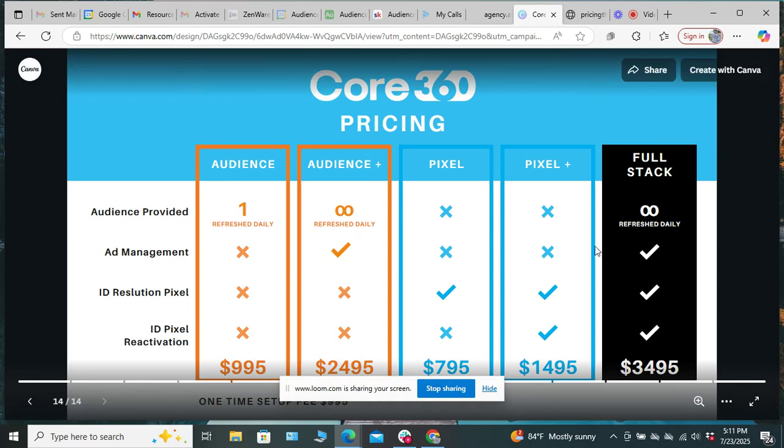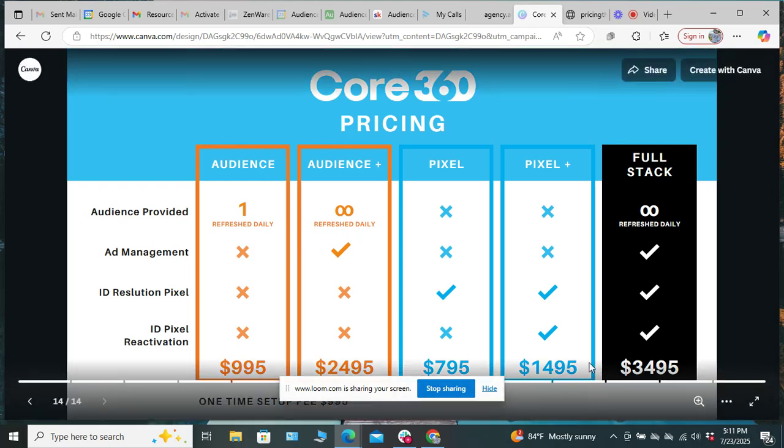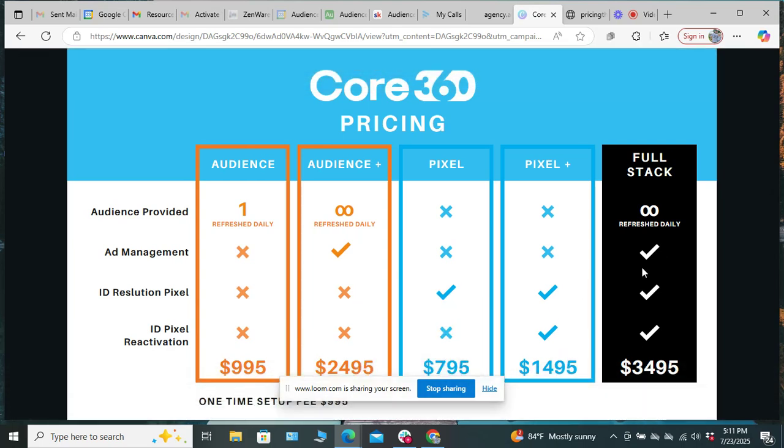So again, his full stack agency pricing for unlimited audiences, or you could just package multiple, for ad management, for identity resolution, and the reactivation of the pixel data and reactivation of the resolved identities. He charges $34.95 a month, which is about a $500 discount if they were going to go with everything. Cool, let's get you everything and give you a bulk discount since you're utilizing all of our services. Now you'll see at the bottom,